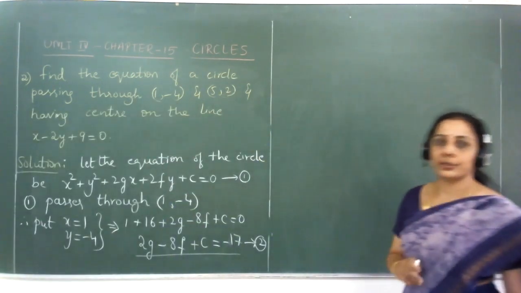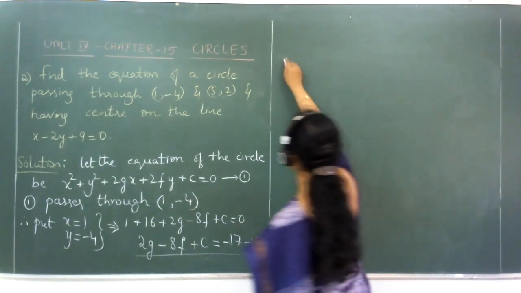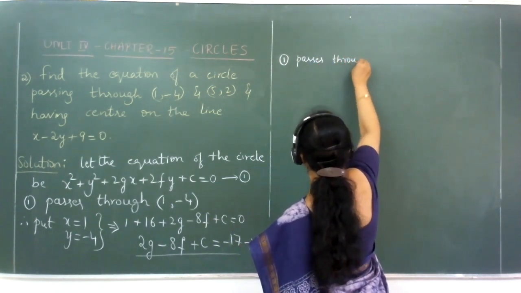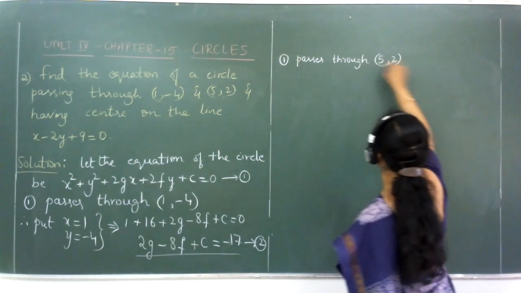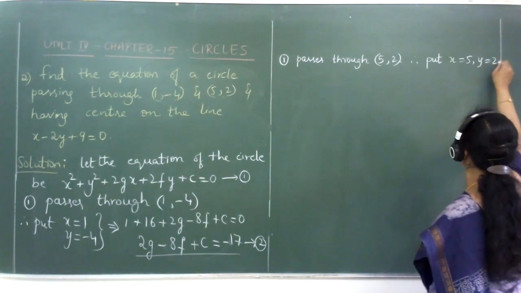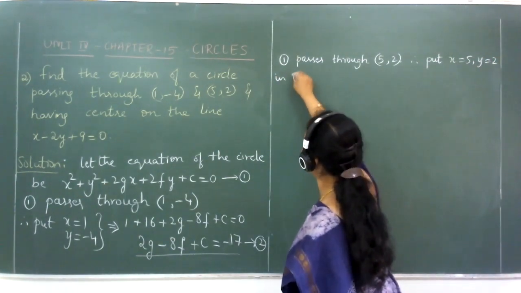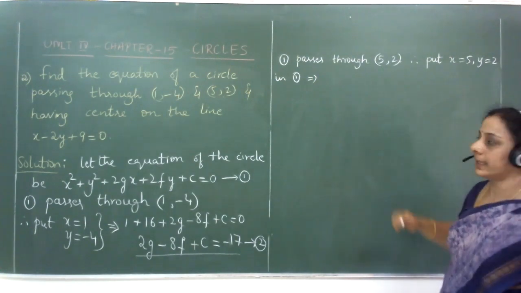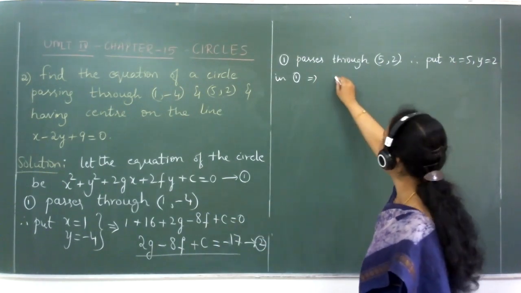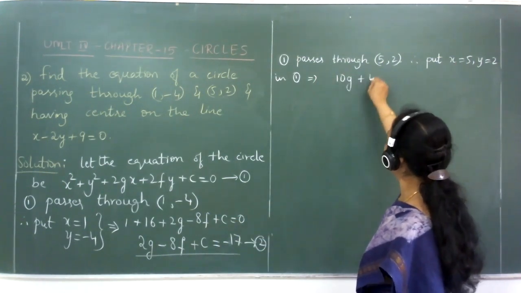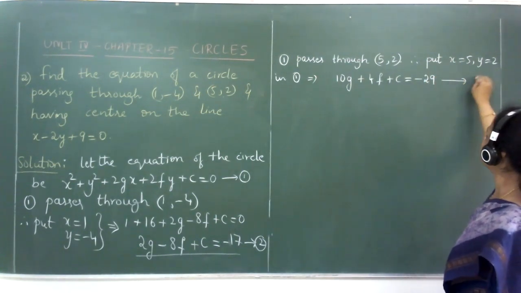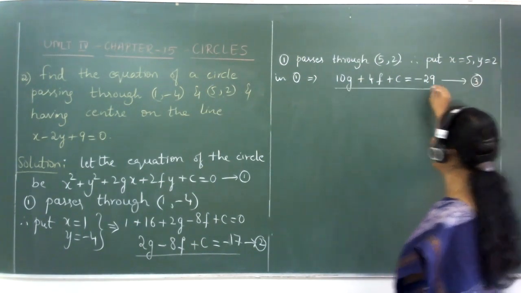We have another point here through which the circle is passing. So equation 1 of circle 1 passes through another point whose coordinates is 5, 2. We can therefore substitute x is equal to 5, y is equal to 2 back in equation 1. What are we getting then? You will be having the reduced equation in similar manner. The reduced equation should give you 10g plus 4f plus c, which is equal to minus 29. And this I would number it as equation number 3.